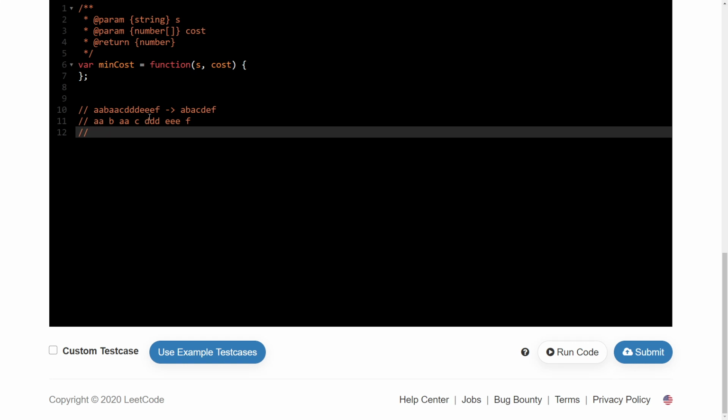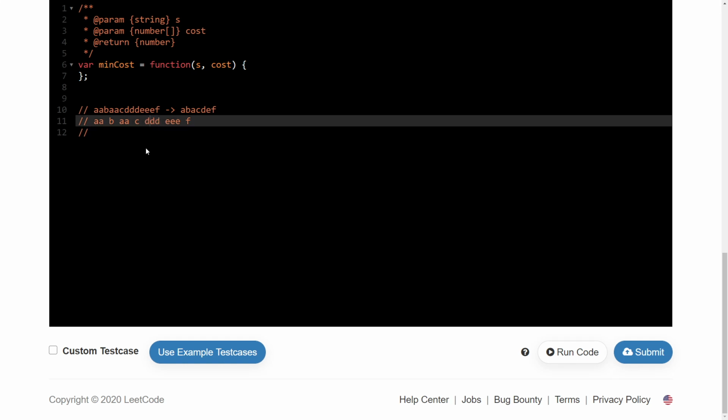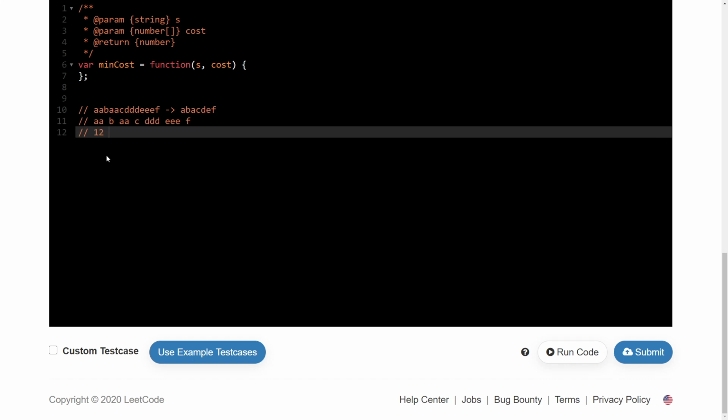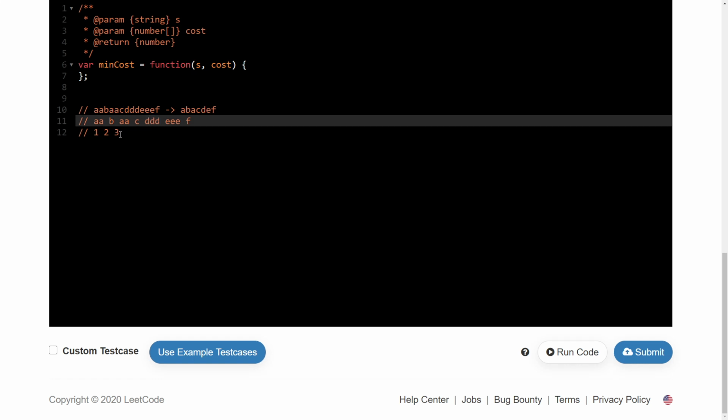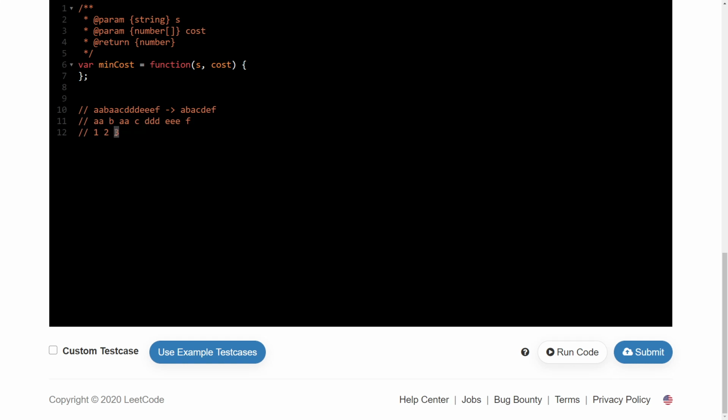For example, if DDD is there, then I have to delete 2 characters from here. So basically I want to minimize this cost. If there are 3 numbers like 1, 2, 3, and I have to minimize the cost of two deletions, then you can choose the minimum two elements, right? Or there is one more way to look at it, just leave the maximum number, because minimum two will be